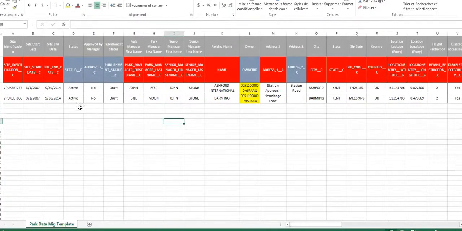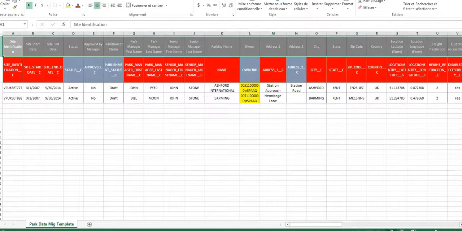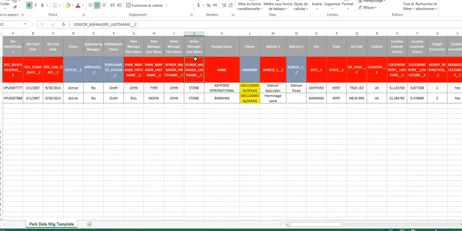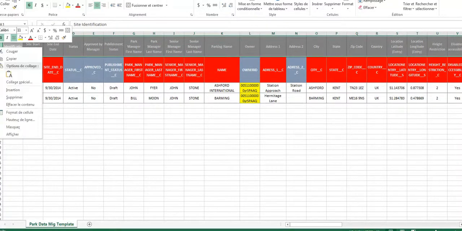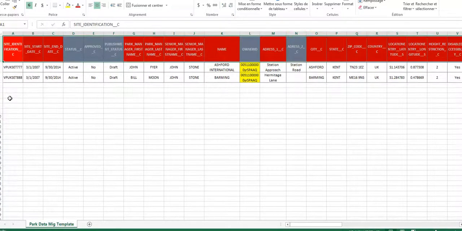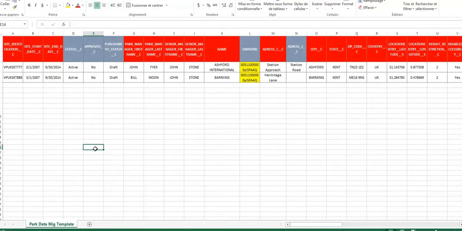Before integrating this file, there are two next steps. The first step is to remove the first line. This line is just there to indicate the functional name. Here you have the technical name, here the functional name. But Salesforce doesn't want the functional name, very confusing. Salesforce just needs the technical name. So I remove the first line, very important. You suppress it. Now I'm fine.